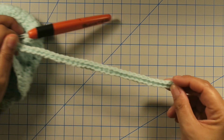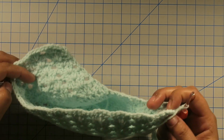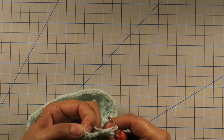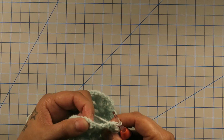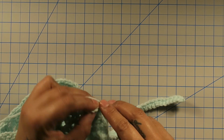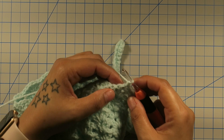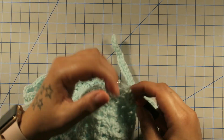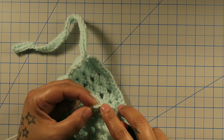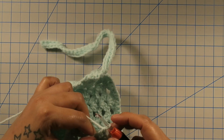Alright, so I have my 35 single crochets across, and now I'm gonna single crochet across the rim of the hat. So I'm just gonna go right into every space. So that means every double crochet and in the chain one space, I'm gonna do a single crochet as well, all the way across till we get to the other side of the hat. Here's my chain one. I'm gonna go right in there with a single crochet. Alright, I'm gonna put my last single crochet here into the half double crochet,